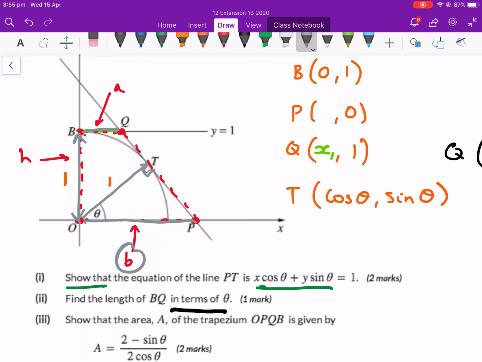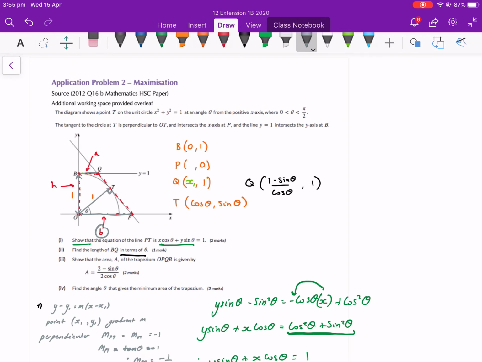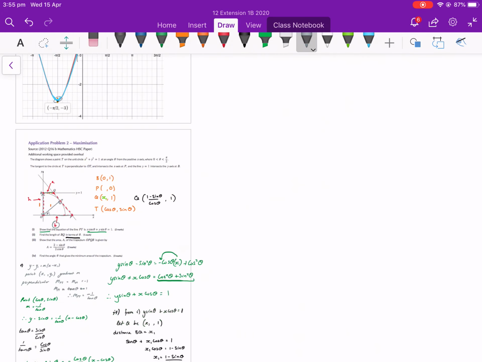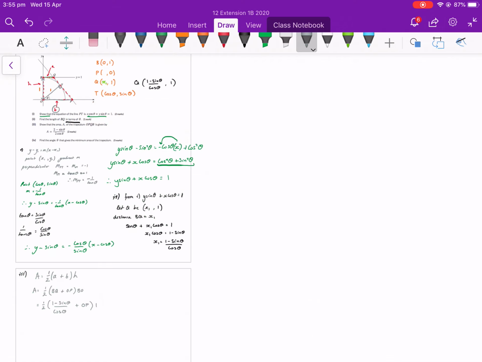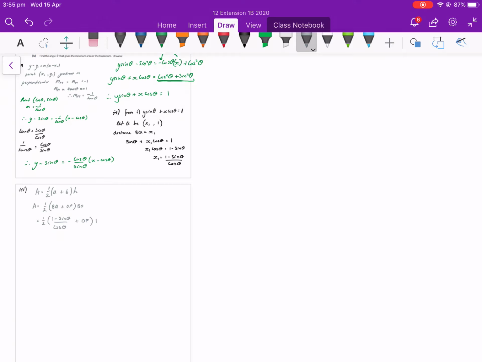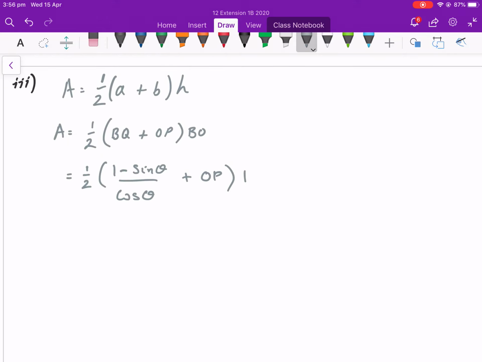Now, similar really to what we did in the earlier part, in part 2, we want to find that, which is just the x-coordinate of P. Well, again, we know the y-coordinate of P is 0. So what we need to do here is find the length OP first of all. So to find length OP, using part 1,